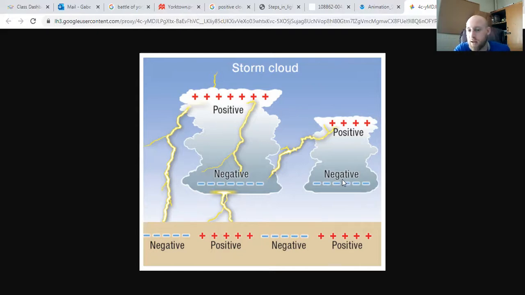Finally, we have cloud to cloud. And cloud to cloud can either happen from one cloud to another. So we go boom to boom, okay, or boom to boom. It can also be from the same cloud to the same cloud, just the lower part to the upper part. Now, cloud to cloud is the pretty lightning that we would see over the summer, what we would call heat lightning sometimes, or sheet lightning. Because it happens up just in the clouds, and it's happening usually sideways or whatever, up in the upper atmosphere,